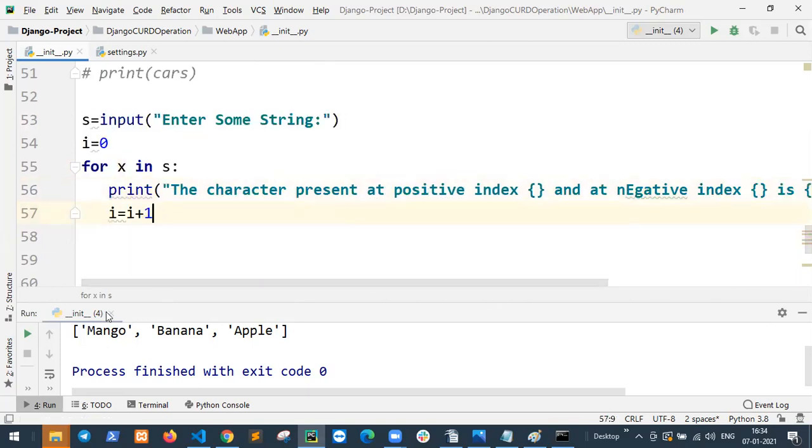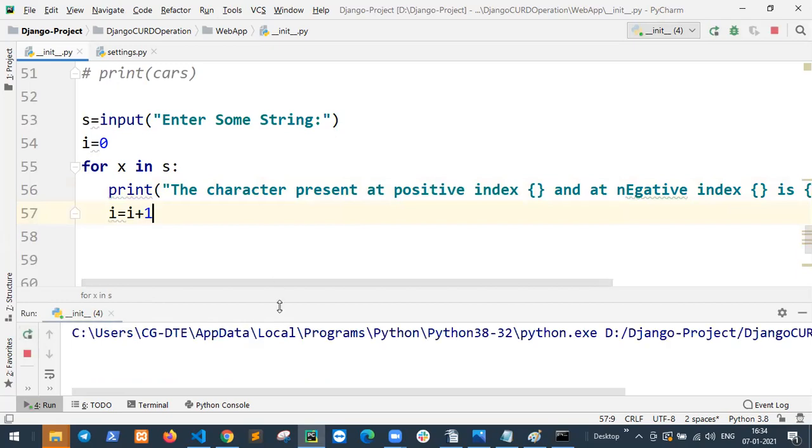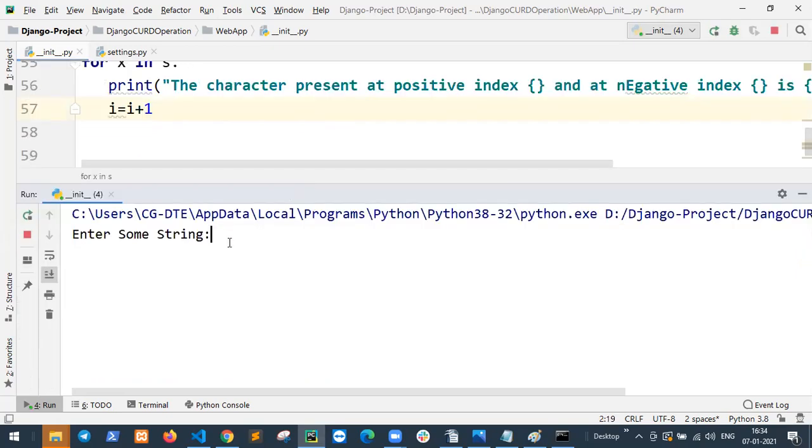Then i equal to i plus 1. Run this code. Python is very simple.